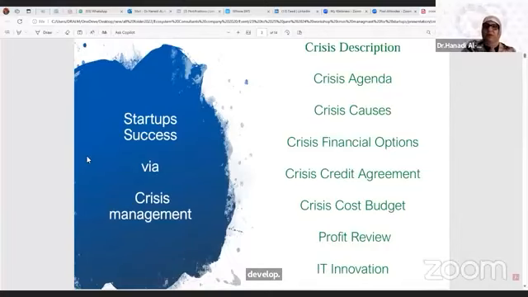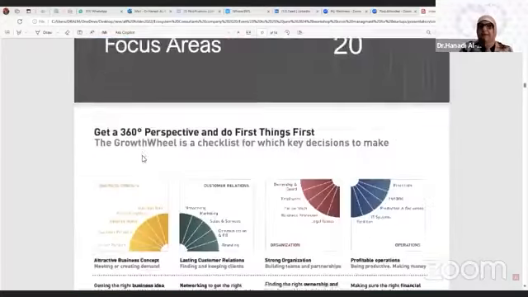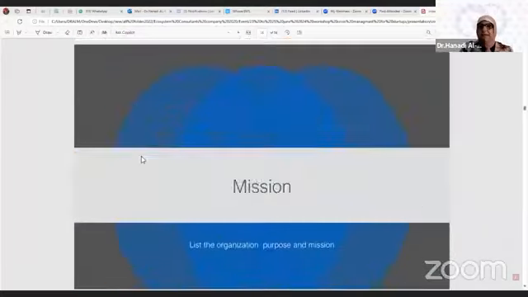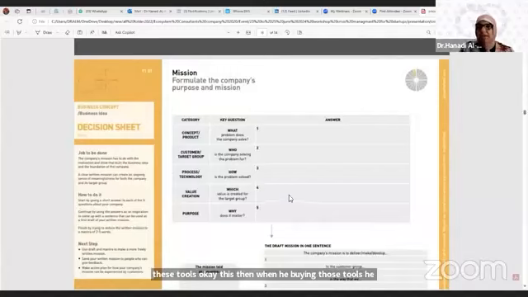Exactly, Professor Mike. It is important for the entrepreneur. This is the reason why we call it startup success via crisis management. A crisis does not mean the collapse of the company, but the entrepreneur needs to define it. He needs to teach himself about those tools. Those tools are ready and available in the market, and he can subscribe to or buy these tools. Then, when he buys those tools, he can reflect on his crisis or his problem, because unfortunately,